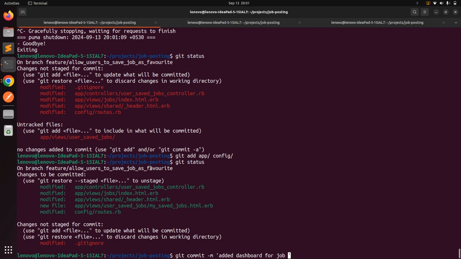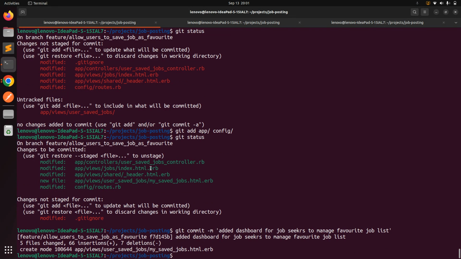dashboard for job seekers to manage favorite job list. Okay, so this is our commit. Now we need to push this. So git push